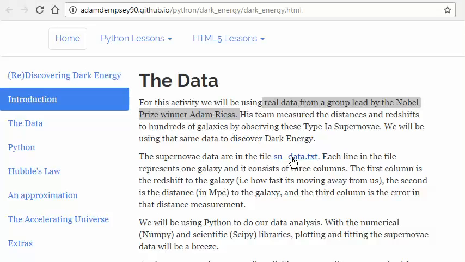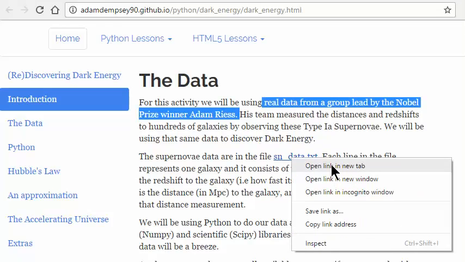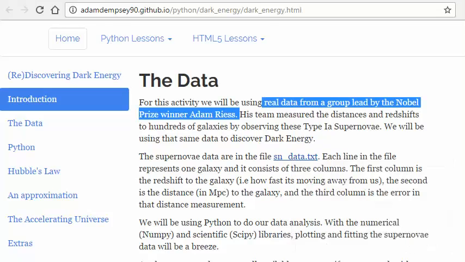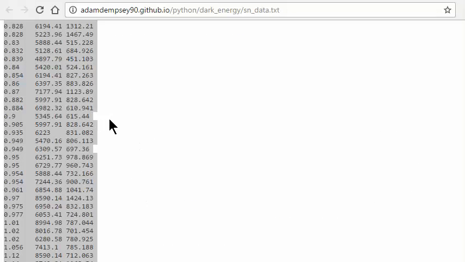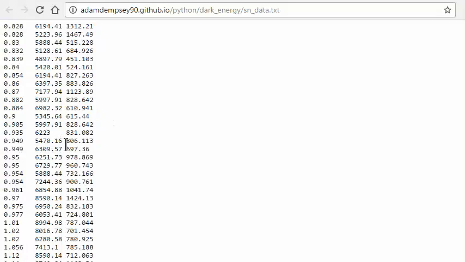In this file, sndata.txt, he has listed 206 of these supernovae according to their distances and redshifts. He lists redshifts from 0.01 all the way to 1.2 and distances of up to almost 8,800 megaparsecs, which is about 30 billion light years.